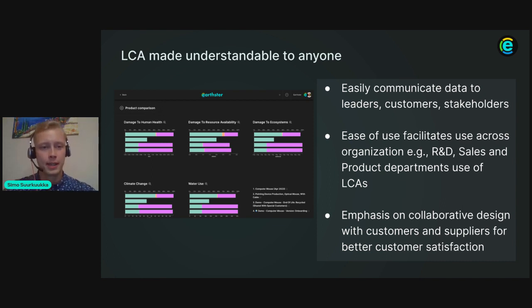Now, we are trying to make LCA understandable for anybody. So Earthster makes it easy for you to communicate the data to your leaders, to your customers, to all stakeholders inside and outside of your organization. The ease of use facilitates